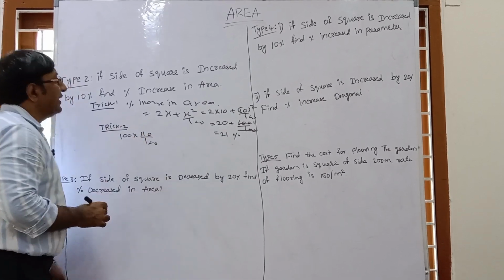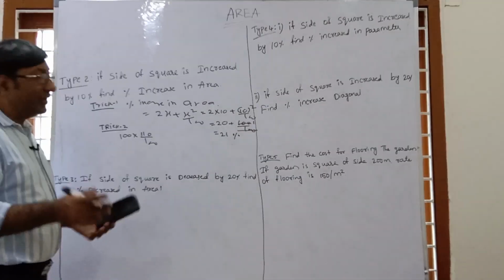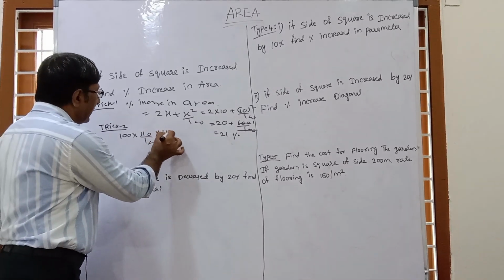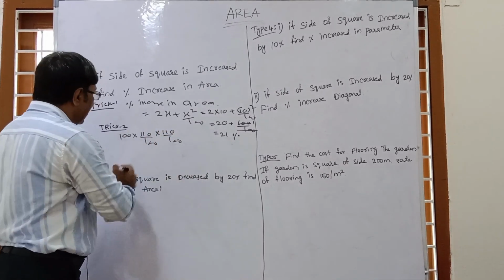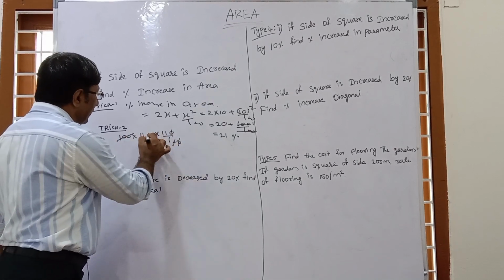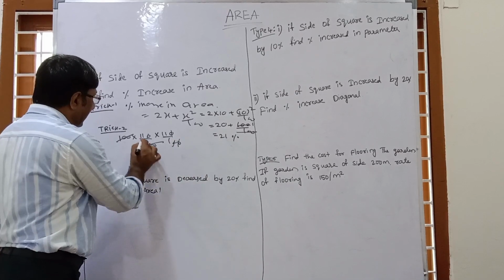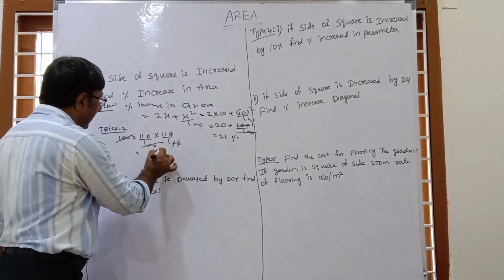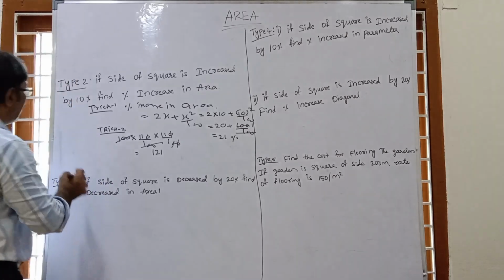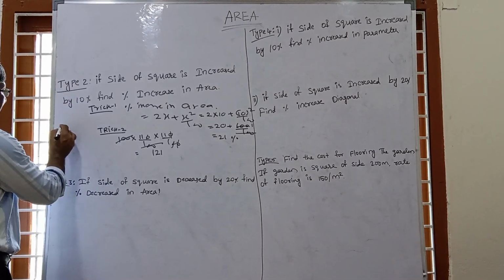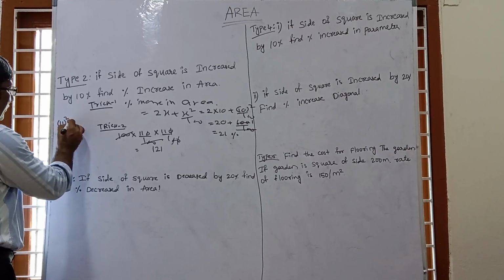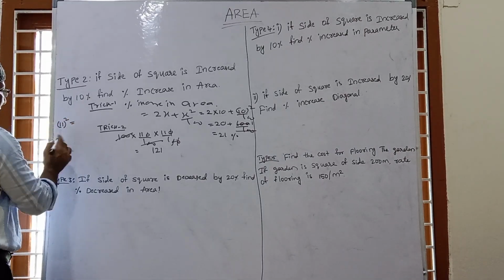But this is the area, so area is side into side. So we take 110 by 100 into 110 by 100. This 100 cancels out, and this 0 cancels, this 0 cancels. So now you will get 11 into 11, 121. So again you see there are a lot of techniques to solve this type of question, just like 11 square. We have already explained in the other videos, you can check. So this is 11 square.